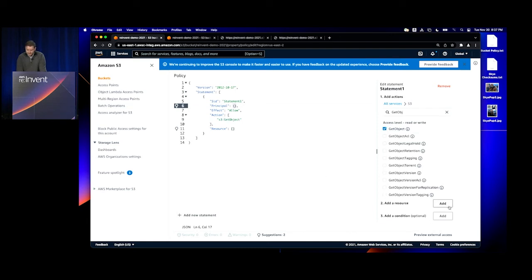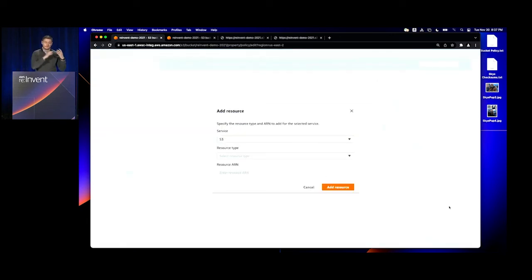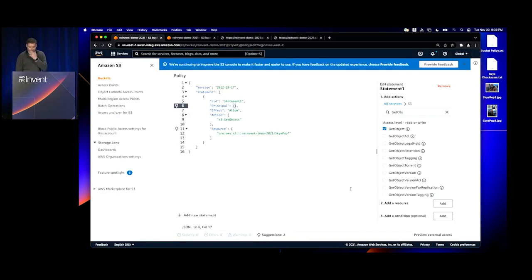And then I want to limit it to only things under the SkyPup prefix. So I'm going to choose object. I'll type in my bucket name, and then object name. I'll allow anything under the SkyPup prefix, and I'm going to go ahead and add that resource.